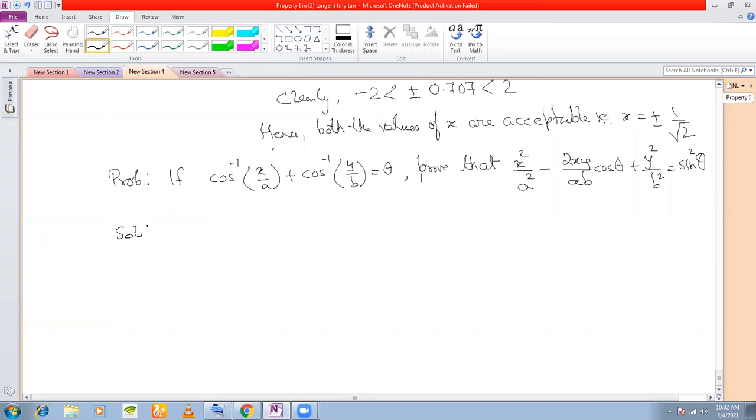Start with the solution. So we start with what is given. We have cos inverse x by a plus cos inverse y by b is equal to theta. Now this is an addition of two cos inverses, right? So you know how to combine two cos inverses, cos inverse x plus cos inverse y, use that formula. So you get cos inverse. What is cos inverse x plus cos inverse y? It is cos inverse xy